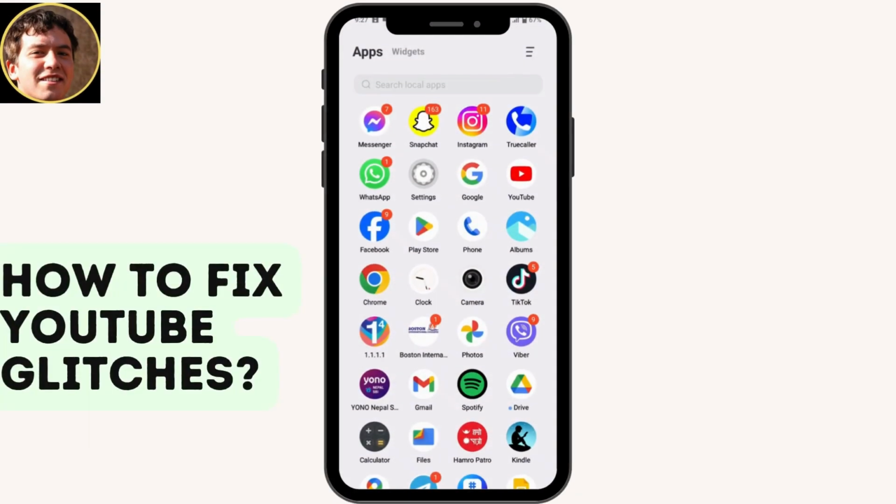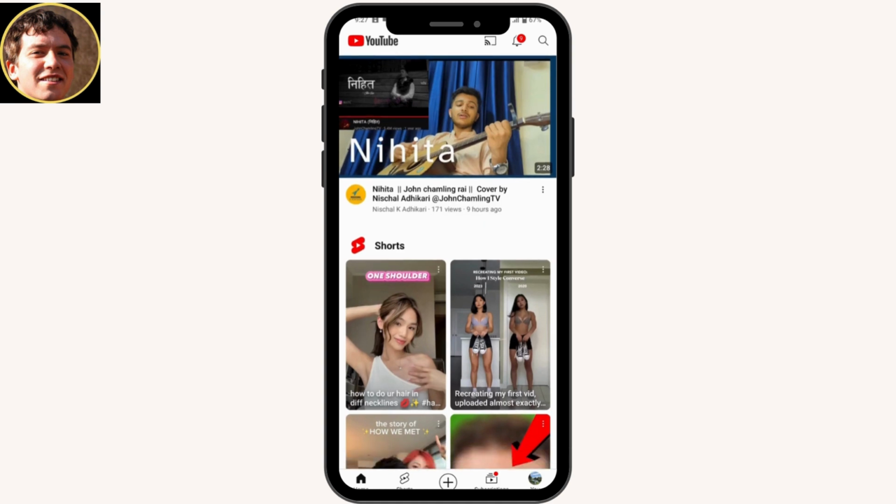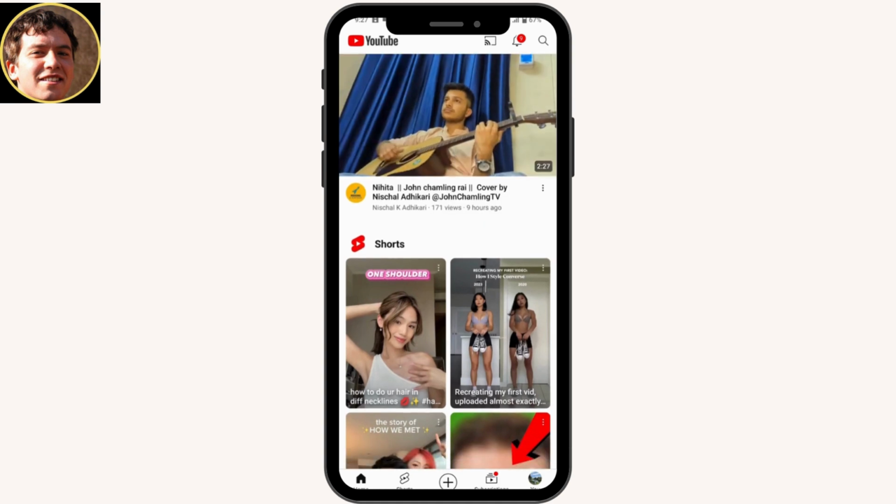How to fix YouTube glitches. So if you open up your YouTube application, and while opening your YouTube or while playing a video on YouTube,